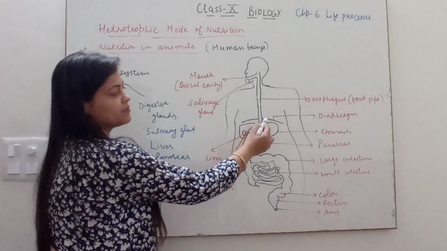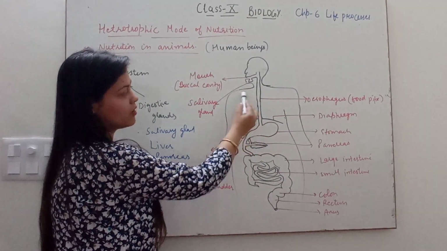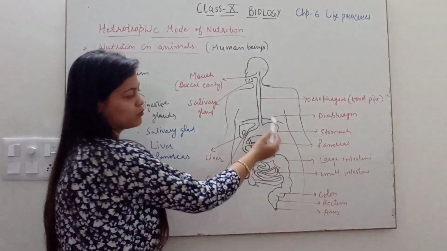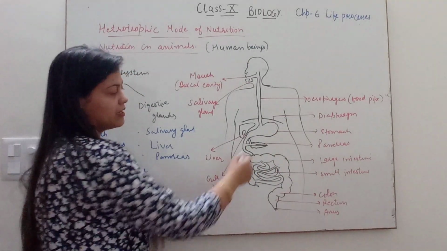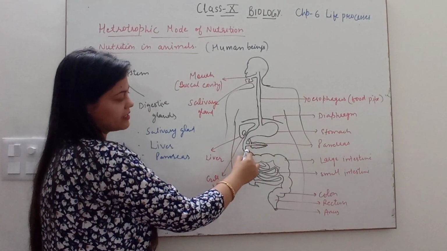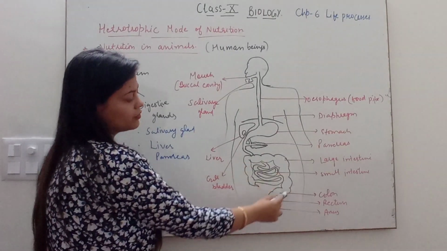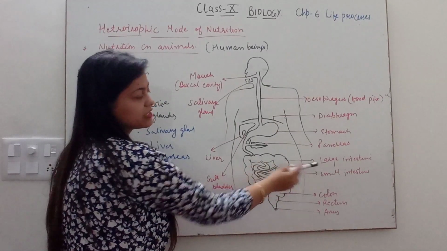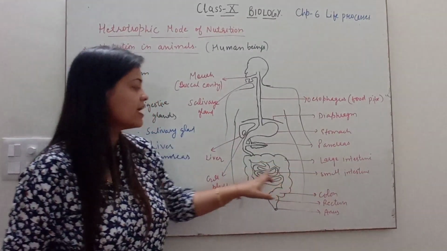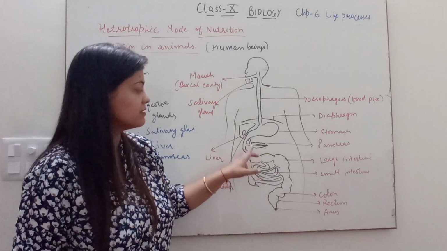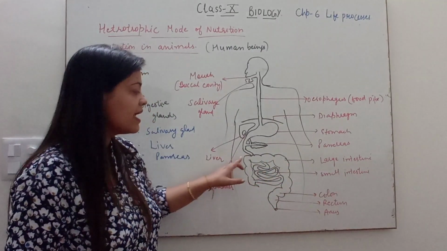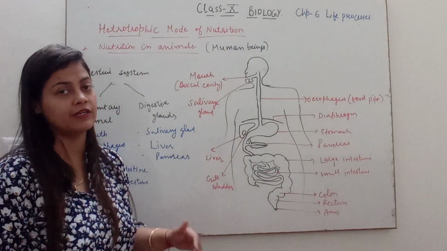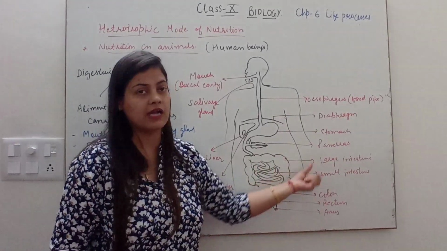The stomach is present just below the diaphragm. This is the diaphragm on which the lungs are resting, and the esophagus is directly connected to this pouch-like structure, which is called the stomach. Now from the stomach you can see a canal coming out, which is broader in size. The stomach is connected directly with the small intestine, and then from the small intestine it is connected to the large intestine. You all must have studied about the intestine.